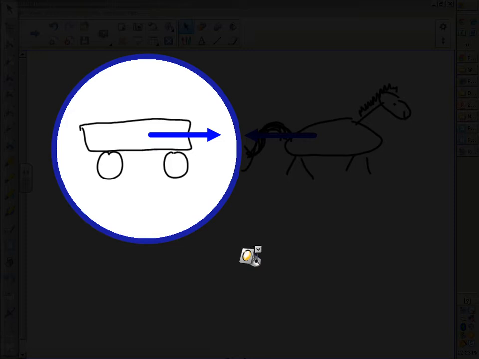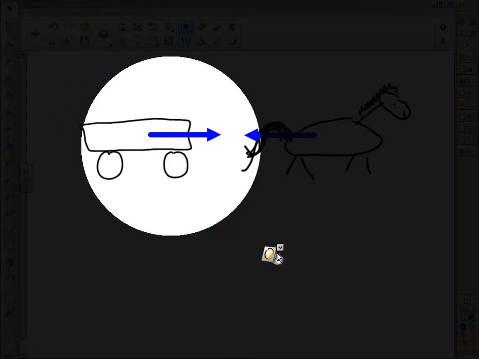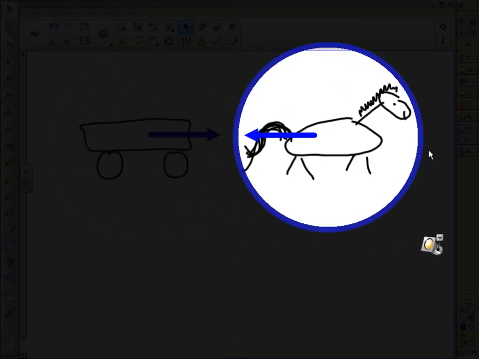There are other forces. We'll disregard those forces right now. It is experiencing one force in this picture. And because of that force, what would it start doing? It would start moving towards the right. There's nothing to balance it out. It would start moving. Now, if we shift our focus to the horse,